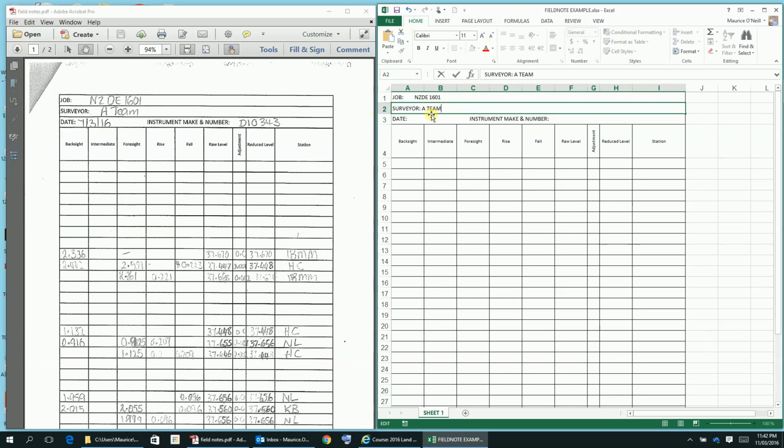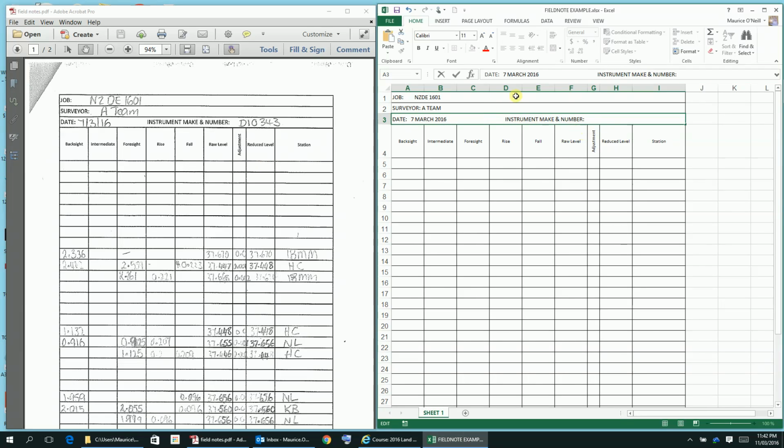There, the date was the 7th of March, so we'll try and get that in there. Very important that this information be recorded. It's vital information, especially for QA and checking processes. 7th of March